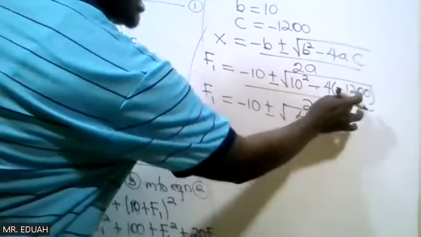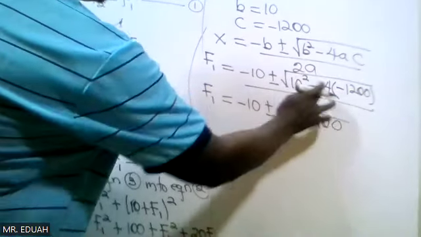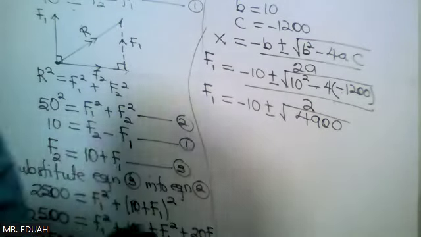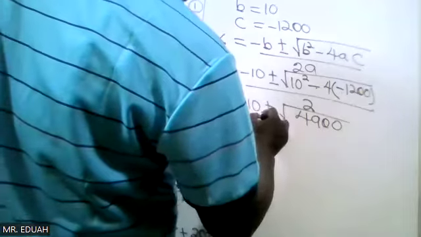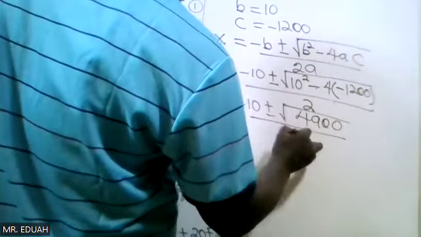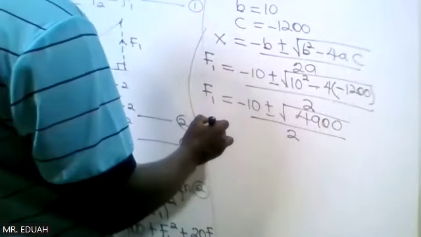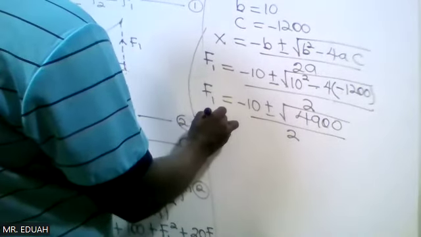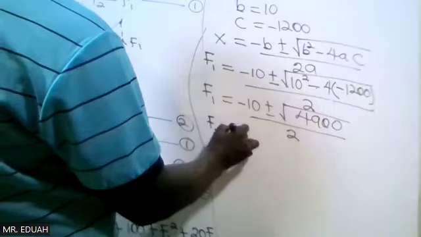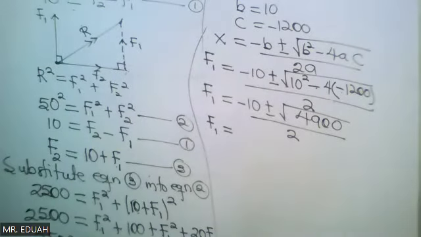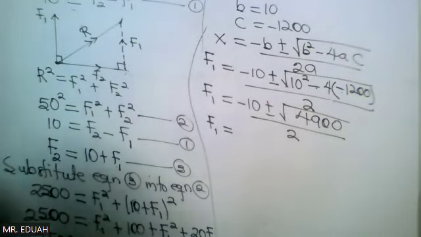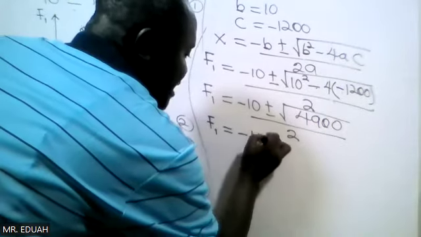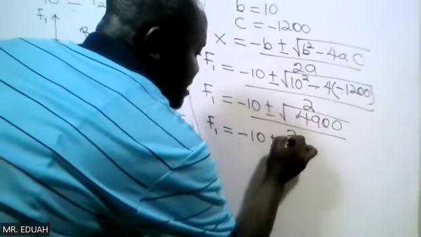This one is giving us 4,800 positive plus 100, totaling 4,900. What is the square root of 4,900? Yes, that's 70. Good. So minus 10 plus or minus 70